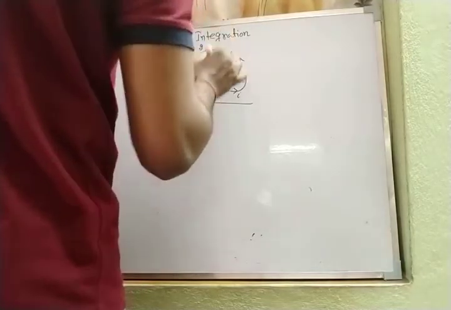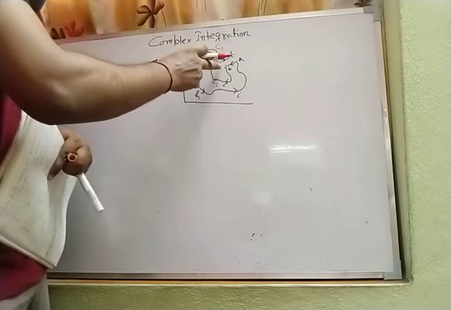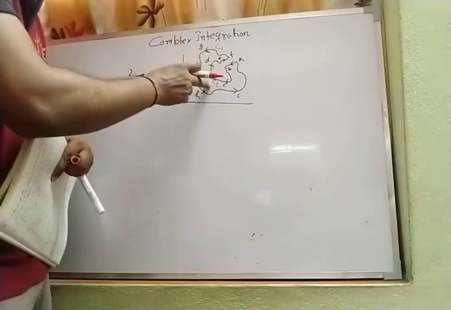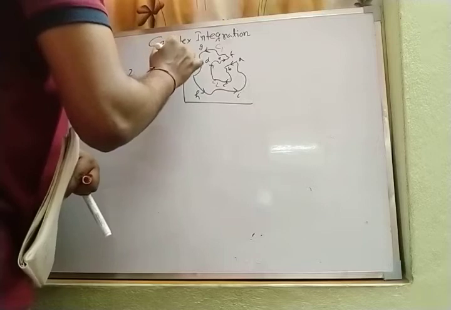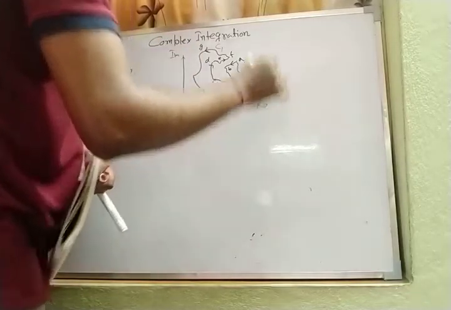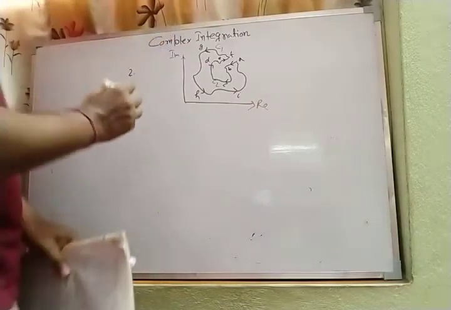One is C1 and another is C2. So two curves are there. The inside curve is C2 and the outside curve is C1. This is the imaginary axis and this is the real axis. Now from Cauchy's integral theorem we can easily write